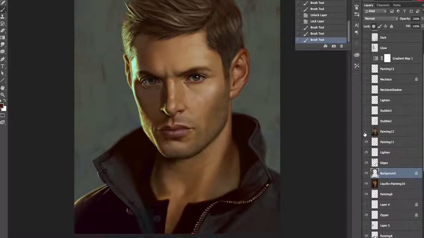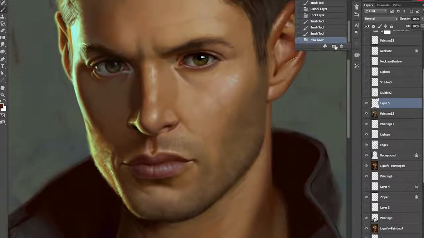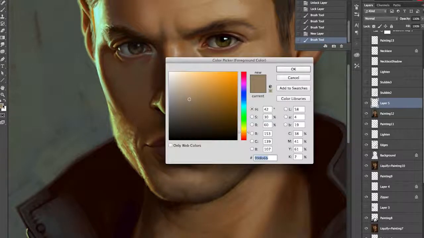Moving on again. This is a little trick I sometimes do if I'm having trouble getting a color. So I put these sort of bluish highlights on his cheeks, but I was having a little trouble just selecting the right color. I'll usually do this not so much when I'm doing studies, but in my own work just because it's faster. If I know I want a blue highlight, I can grab a bright blue tone, use my brush at a low opacity, and then if I eyedrop sort of with those in-between colors,